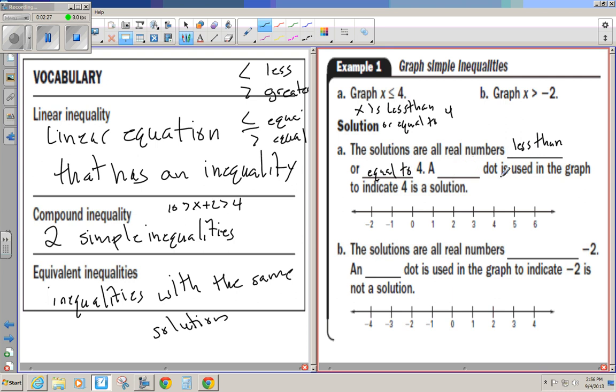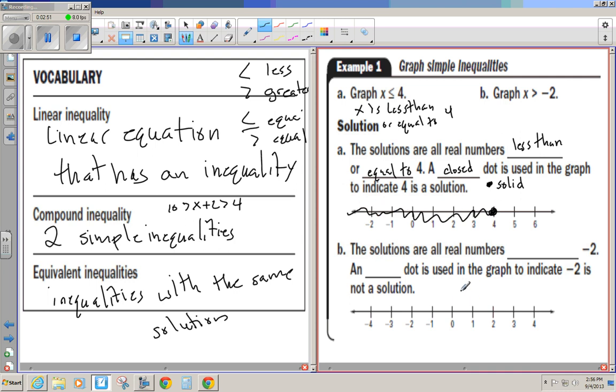A closed dot is used to graph to indicate 4 is a solution, or a solid dot might be a better word for you to use. So a solid dot at 4 and all the numbers that are less than 4